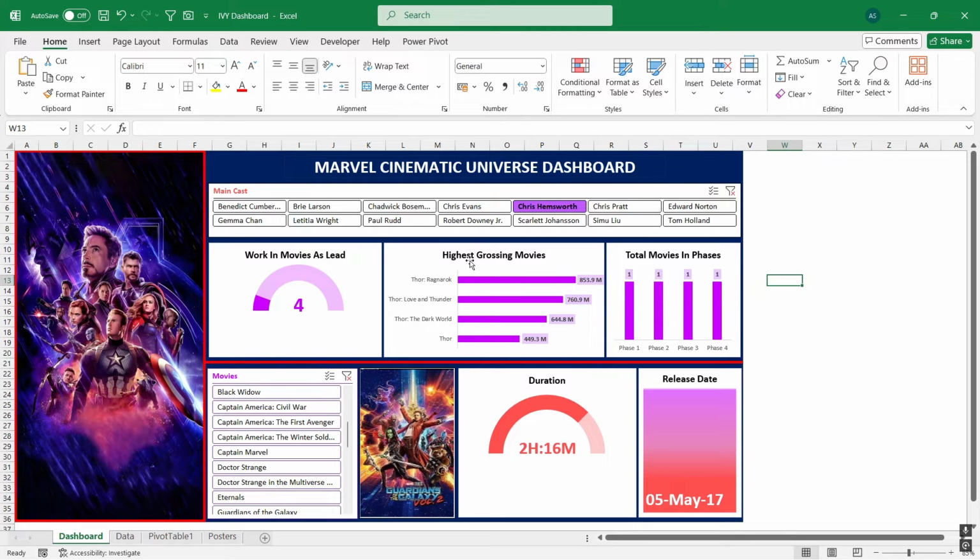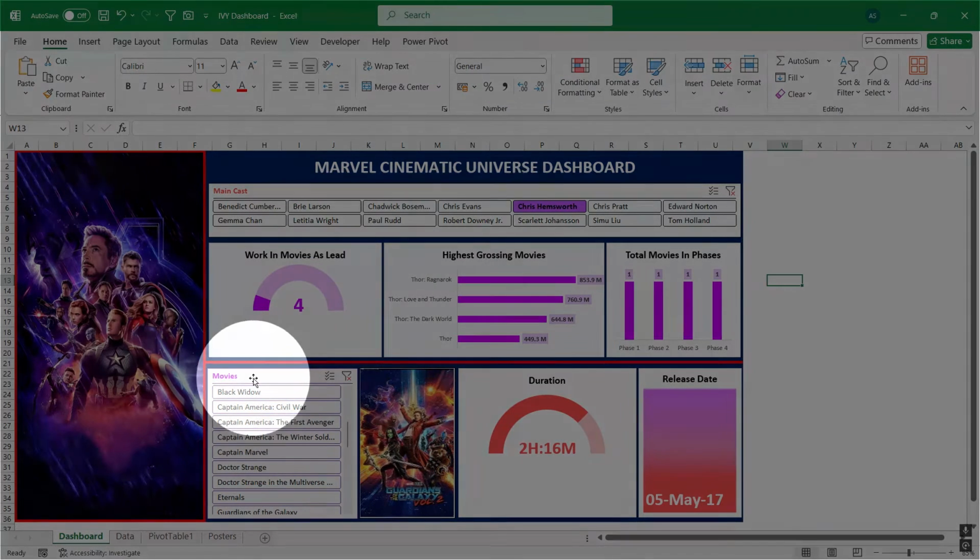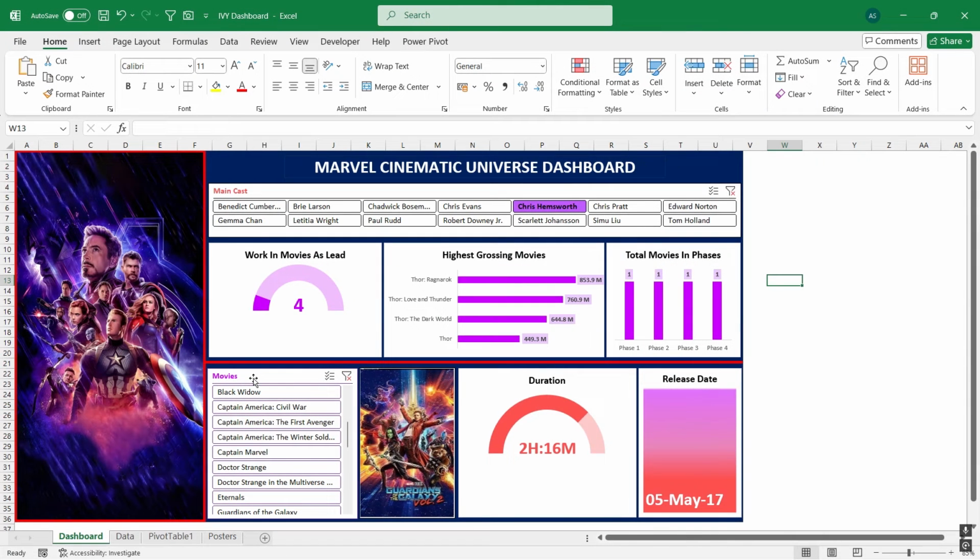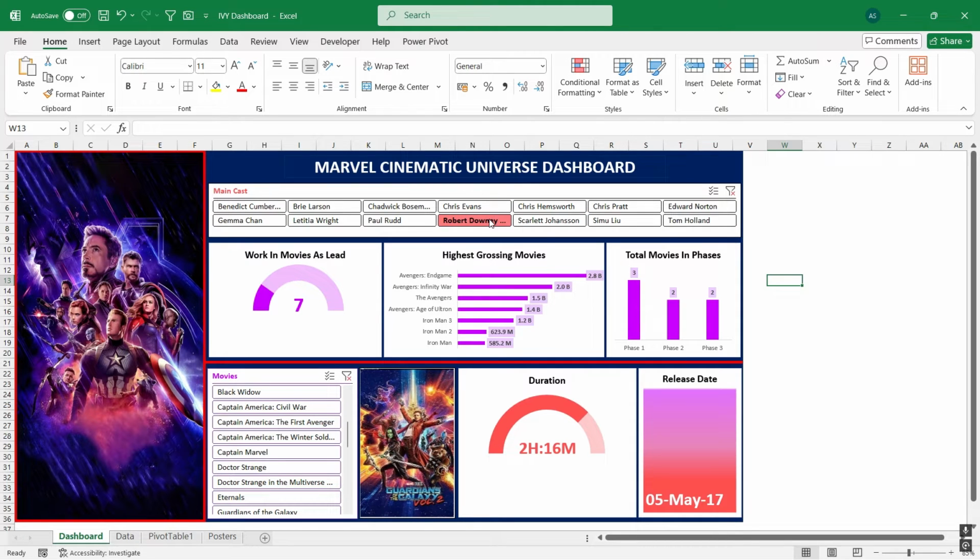Now you might be wondering about the function of the movie section. First let me select a lead actor again. So I will now choose RDJ, Robert Downey Jr., who played Iron Man in MCU, and in the future he is also rumored to play the God Emperor Doctor Doom in Avengers Doomsday. So after clicking on his name, the dashboard displays his insights.